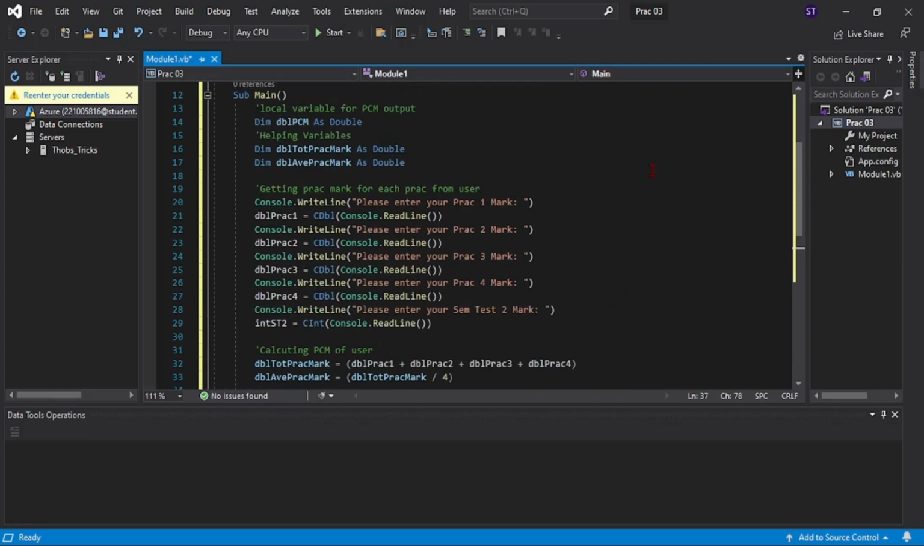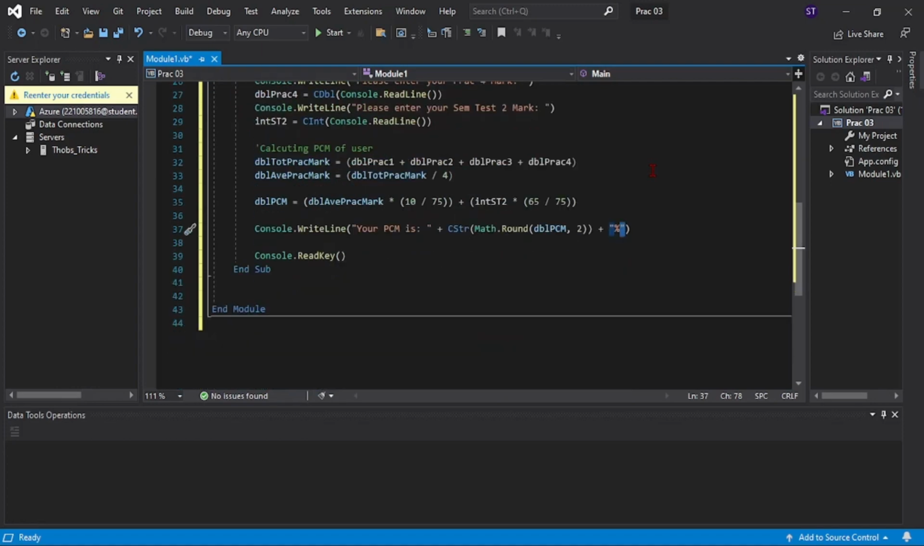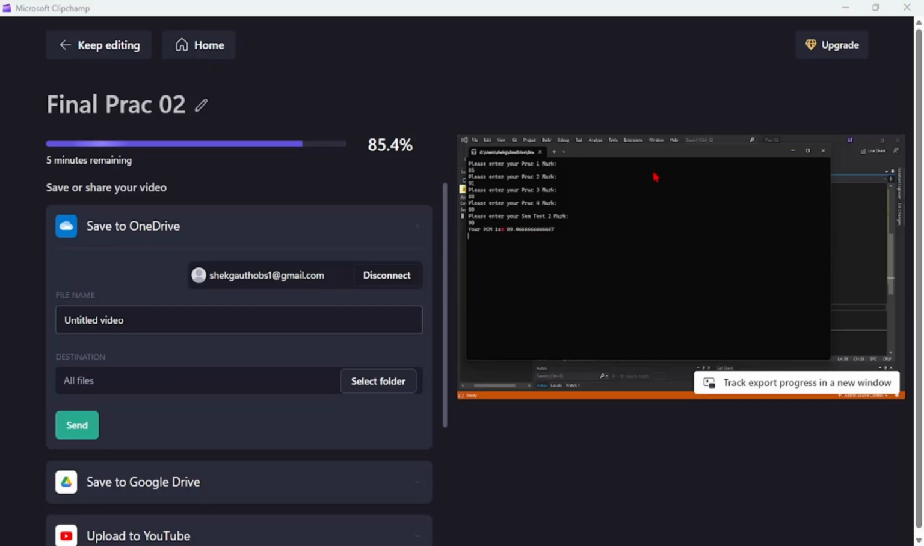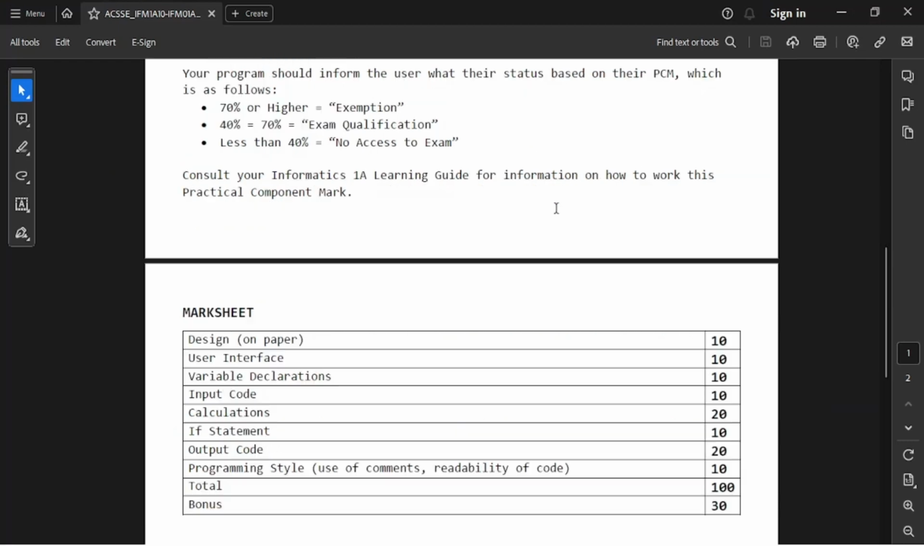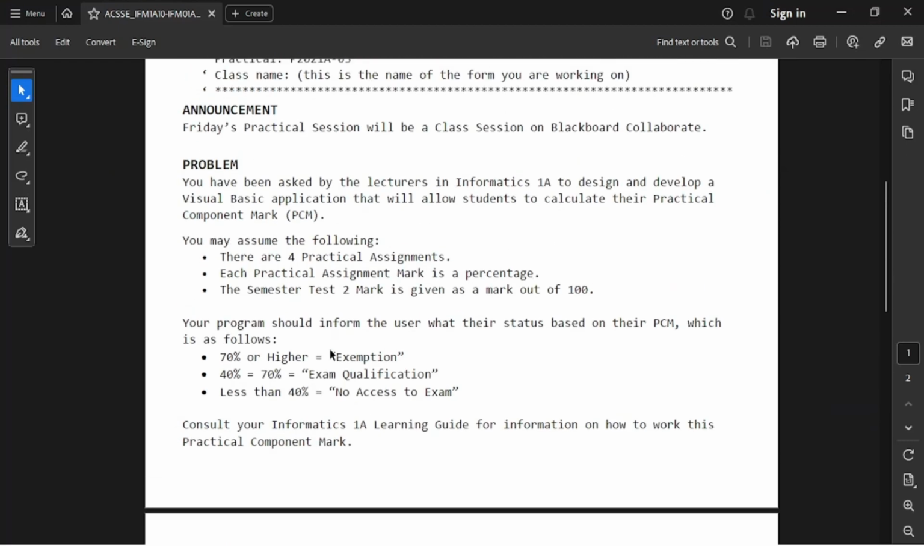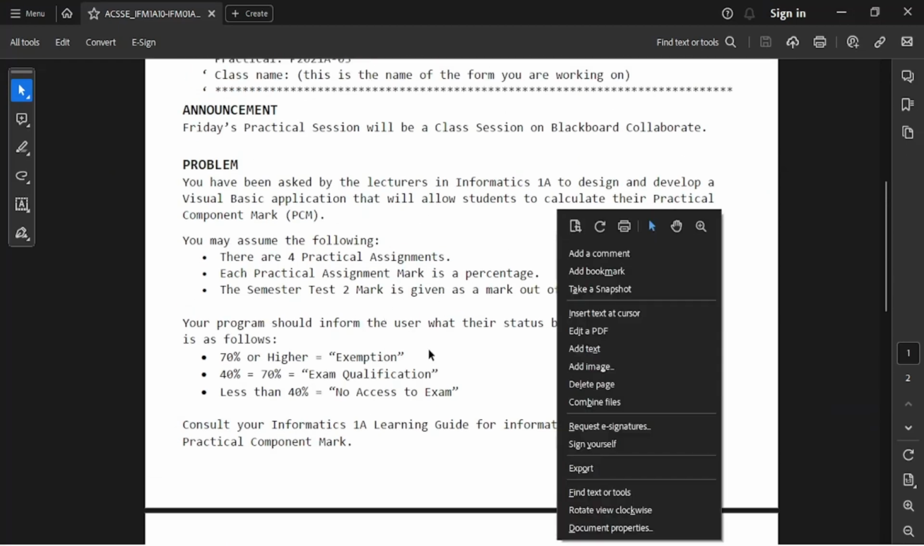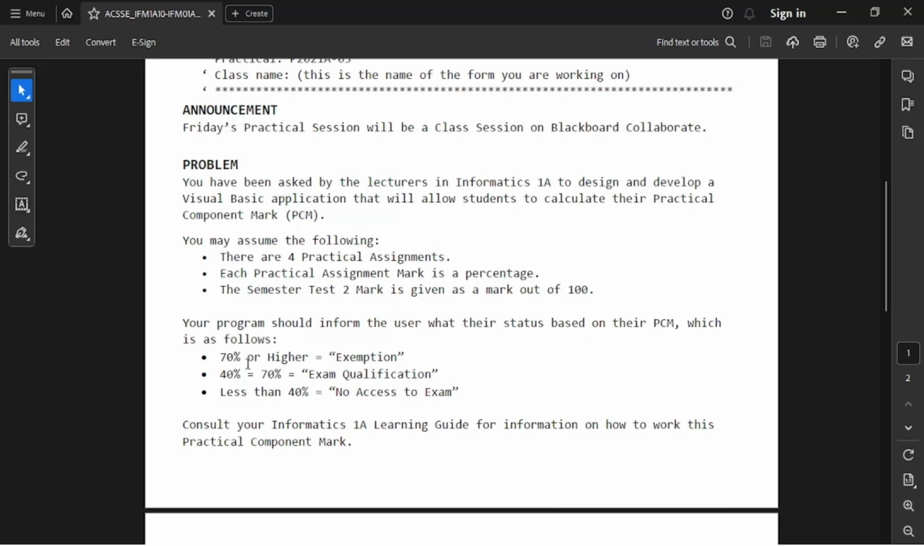So now it's a different story. Sorry about that. So now I'm supposed to use my PCM to tell the user what their status is, whether they got exemption, exam qualification, or no access to exam at all, which is very, very hurtful and cruel at some point sometimes. But anyways,